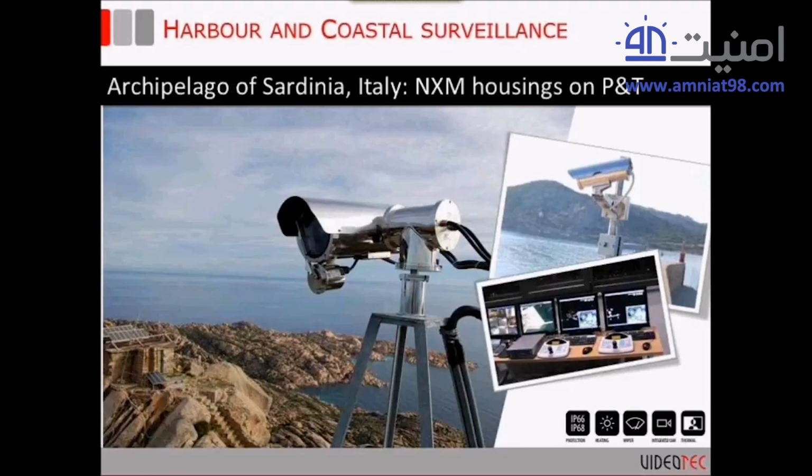They also requested that the system control room be located in an ancient tower that was tough to get to, as well as having remote monitoring. They could control traffic of the sea areas from a place that was not visible from the island. So what was our solution? We worked together with some engineers and integrators